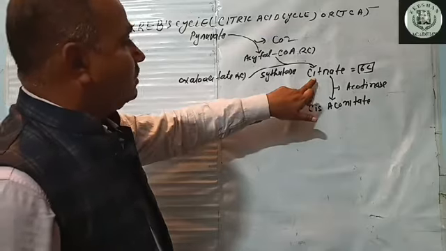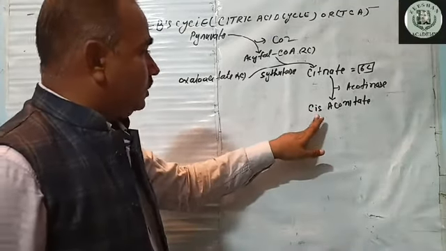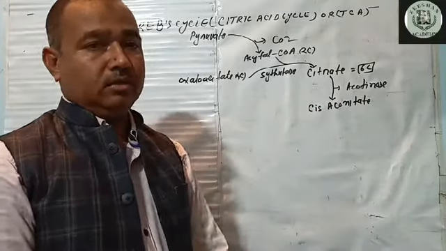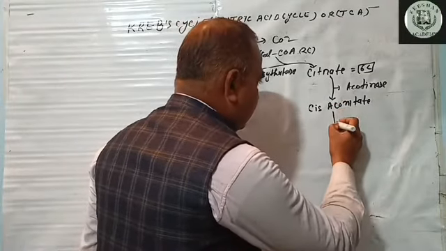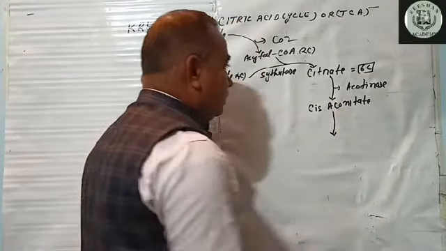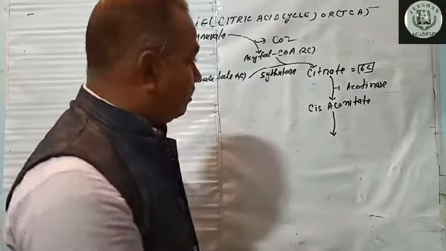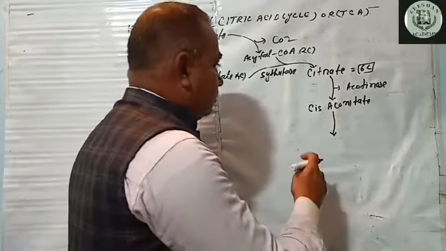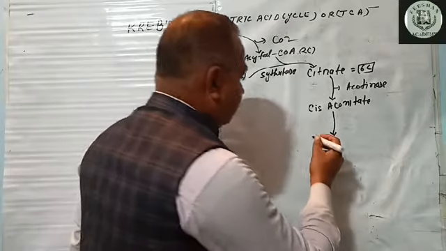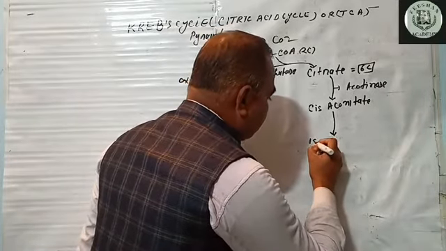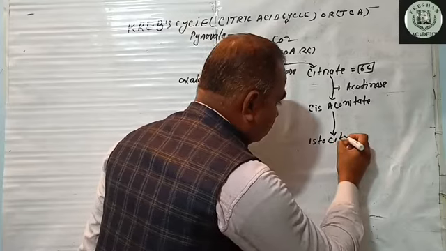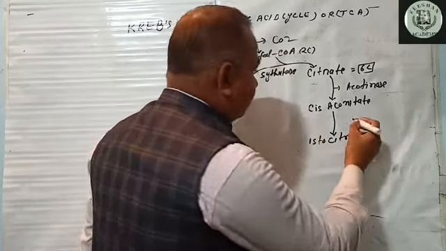Next step, once again the aconitase enzyme is used, which changes the form of the aconitate, and finally it is converted into isocitrate. The enzyme is the same,